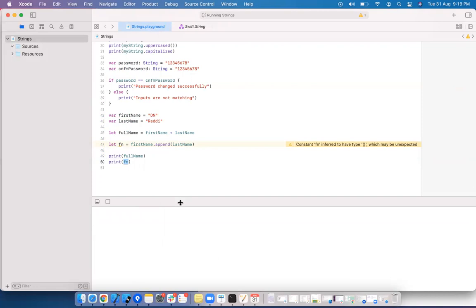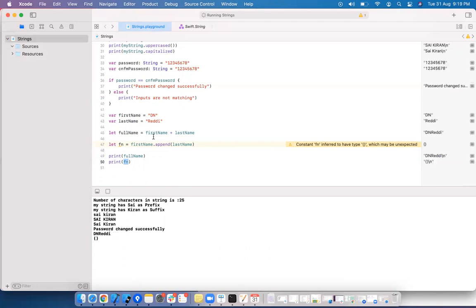Here the concept of mutability comes into the picture. This is full name. Full name is DN Reddy, printed. Second full name is empty because this method is not returning anything. So it saved nothing. So nothing is printed.